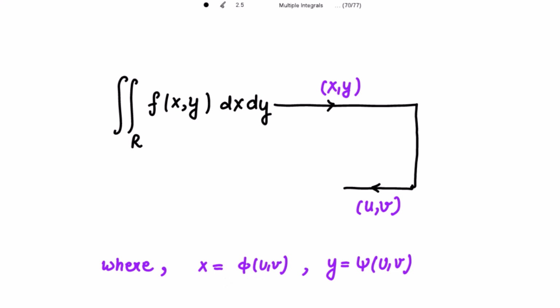So then the double integral is transformed into this double integral over the new region R dash. Now instead of x, just write phi of u, v because I have changed this variable x to the other form, and writing y as xi of u, v,